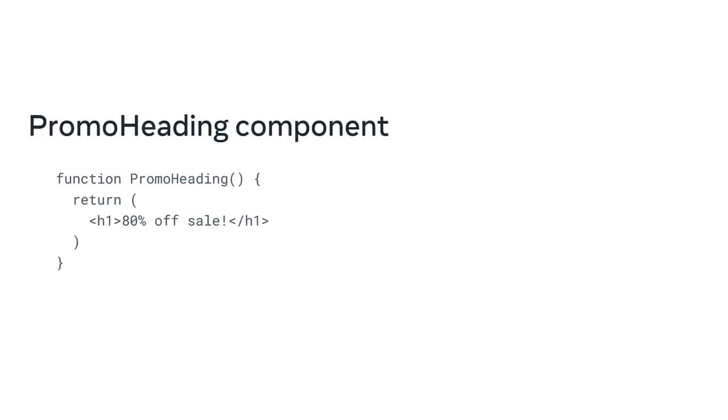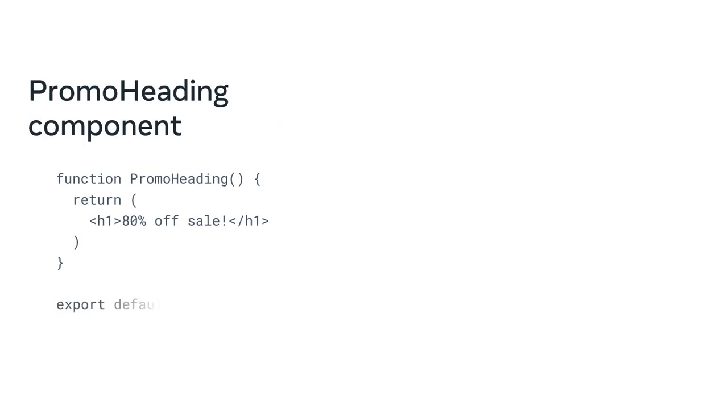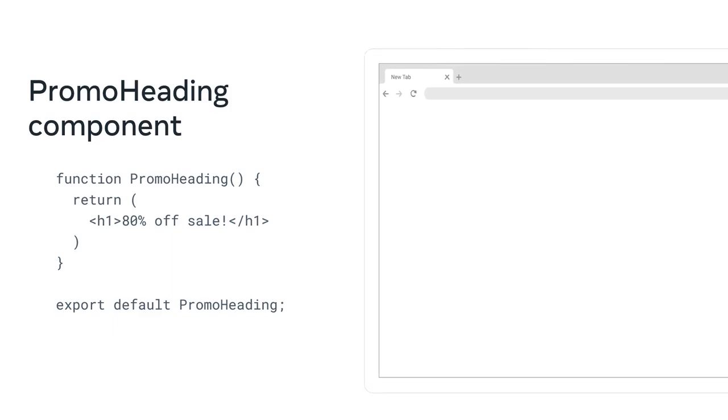Next, let's write the promo heading component. You can declare function promo heading and in curly braces type return, opening parenthesis, h1 tag, the text 80% off sale, h1 closing tag, and closing parenthesis. Once again, don't forget to export the component to make it available. Success! You've now created the component promo, which calls a function from the component promo heading to return the text